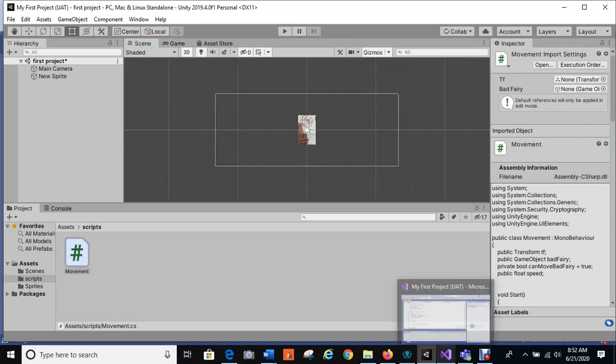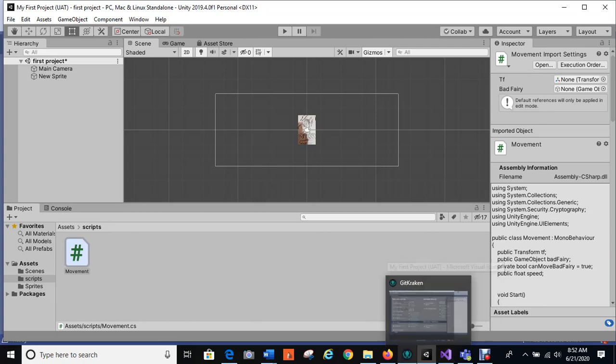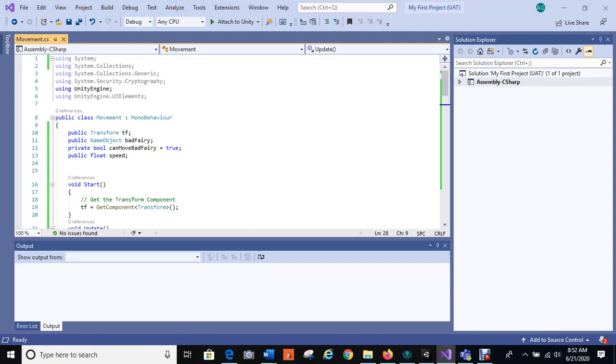I'm not very good at videos sometimes. This is added in by the Unity program itself. It's always there, I think, whenever you pop in to the new program. There's a transform TF to pick up the movement and everything. My game object is a bad fairy. I created this boolean. You kind of have to have it